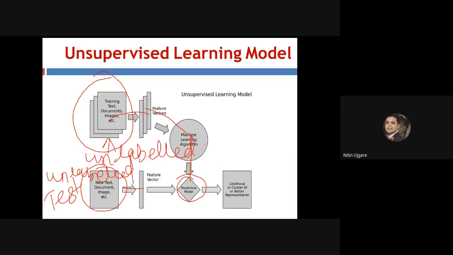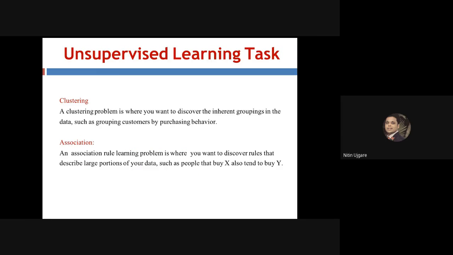So we also extract the features of this test data set and give them to the constructed machine learning model, and then we find the likelihood of the instances, or we create the clusters of the instances, or we can give a better representation to our classification, right? So that's it for unsupervised learning. To the last slide of this: unsupervised learning has two types of tasks. One is clustering, creating the clusters, that is creating the groups, and then association. So what does the association task mean? It is where we are interested in finding the relation or the association between the items or the instances.